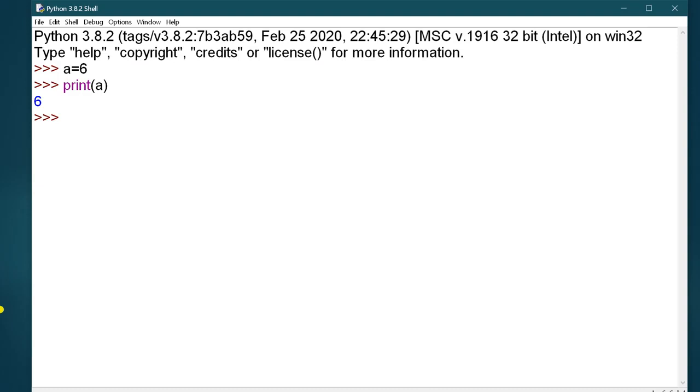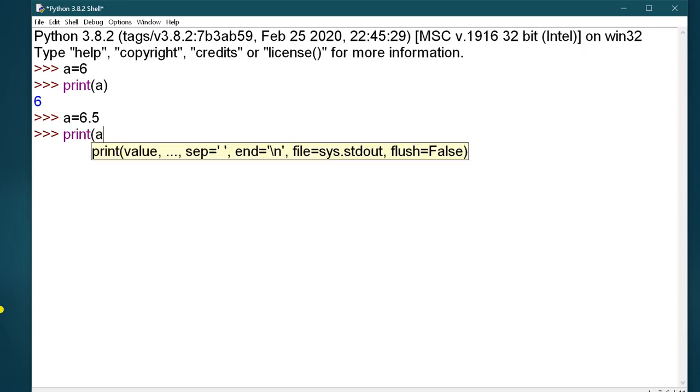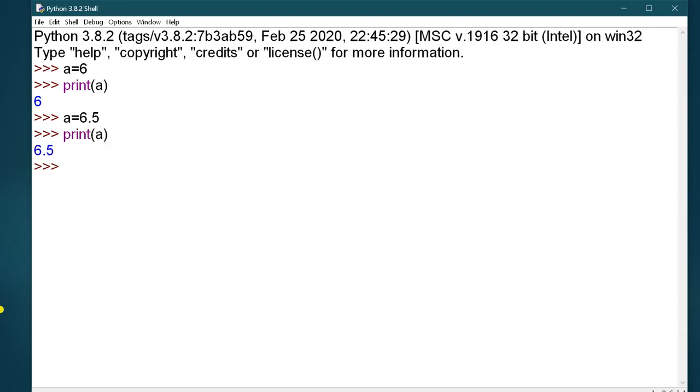If I write a floating point number, for example 6.5, and print a, it will give you the floating point value, that is 6.5. Same way we also do with the complex number. For example, if I write c is equal to 0.0 plus 4.5j, it is a complex number.